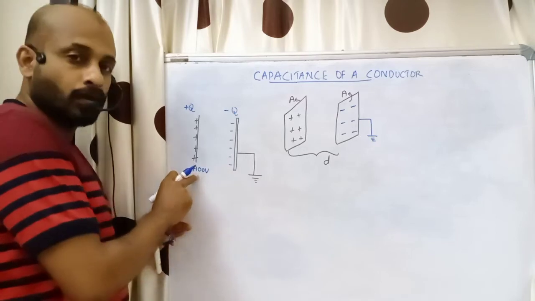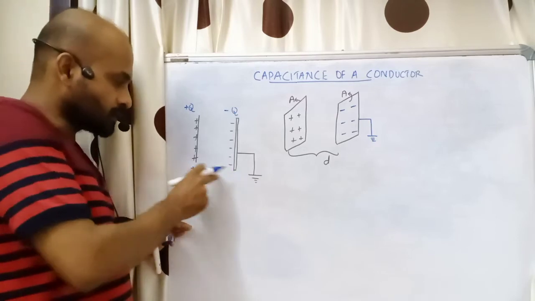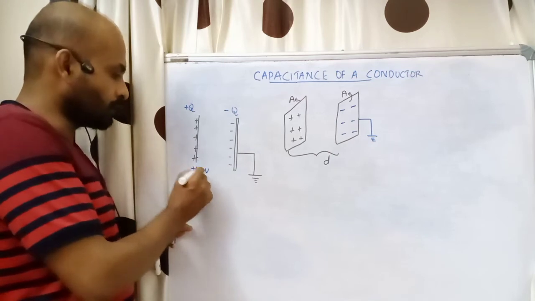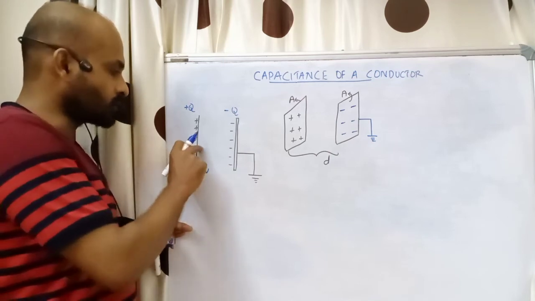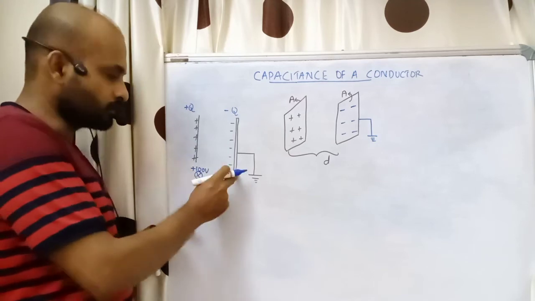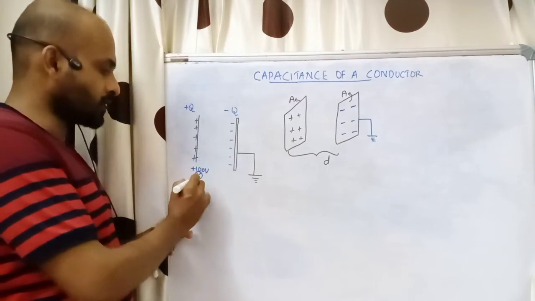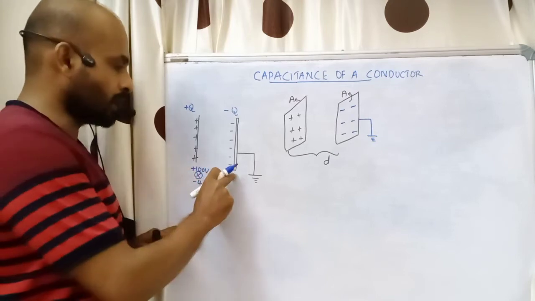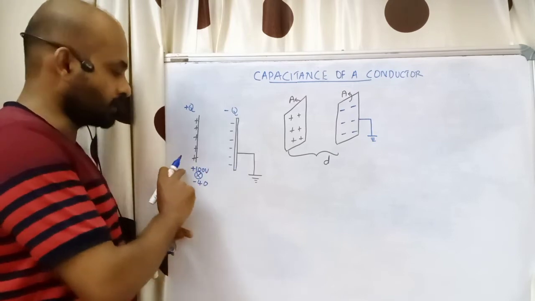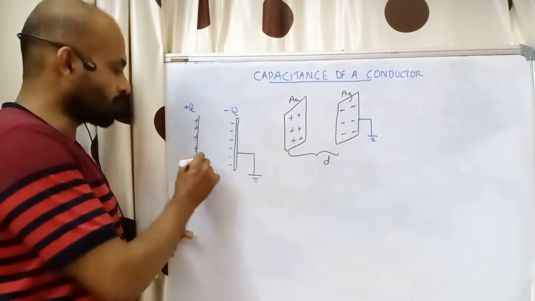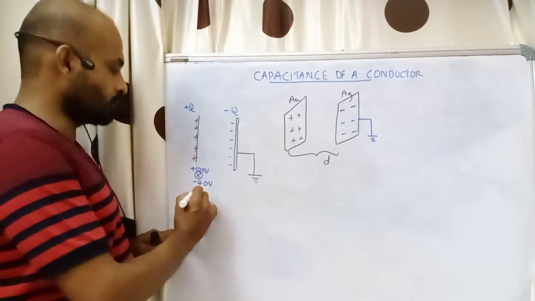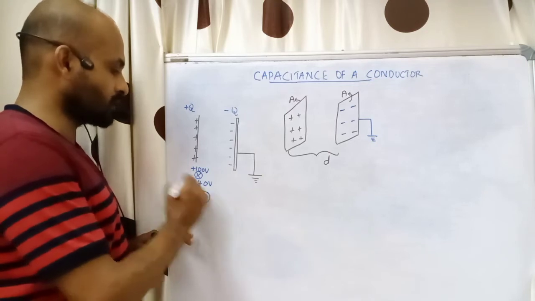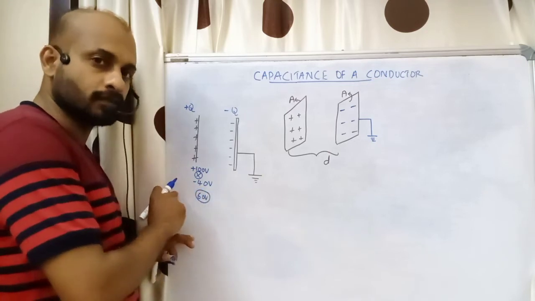So here I cannot write minus 100 because it is at a distance. At this point, I need to get a potential. Here I can say that due to the positive charge, the potential is 100 volt. This negative charge will give a potential at this point. Let us choose minus 40. So the minus charge will give a potential of minus 40 at this point. So what is the net potential due to these two potentials? Net potential, 100 minus 40, will be 60 volt. So we can see that the potential is decreased.